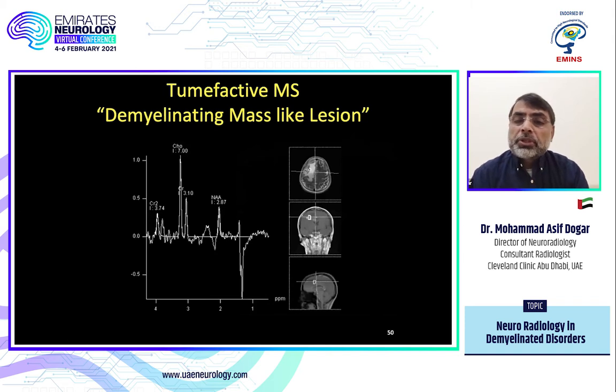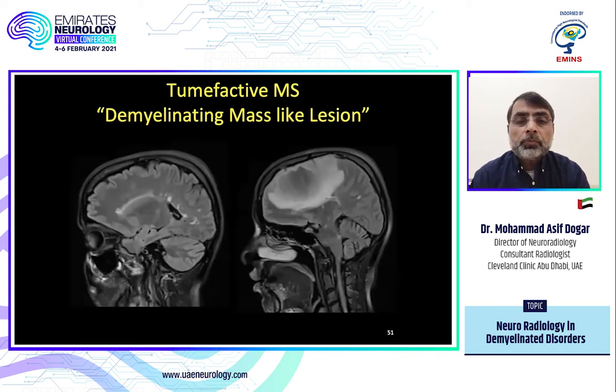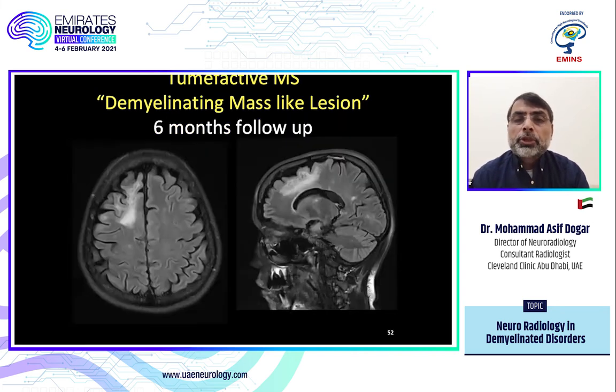The spectroscopy does not help. If you look here, you can see this is a lactate peak. NAA is very low, and there's a high choline to creatine ratio. This we can see in tumor. So normally we don't do spectroscopy in the demyelinating cases, although quantitative spectroscopy may help. Again, you can see this big lesion, but for other supportive diagnostic findings, you look for other lesions which are typical of MS, so that supports your diagnosis of tumefactive MS. This is a 6-month follow-up in this patient, and now you can see the lesion is much smaller.